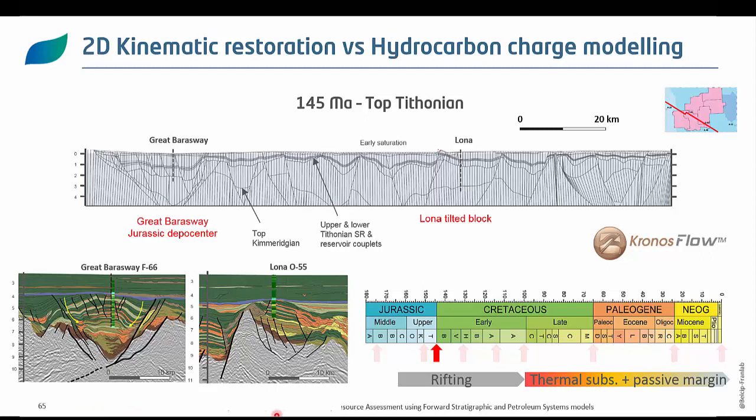On those sections and on the well record, we can demonstrate that there's potential for reservoir and for seals at both well locations, and also in Great Barras Way there's a demonstrated source rock. So basically for those two dry wells, they could have been a success. Something went wrong where it should probably not have.